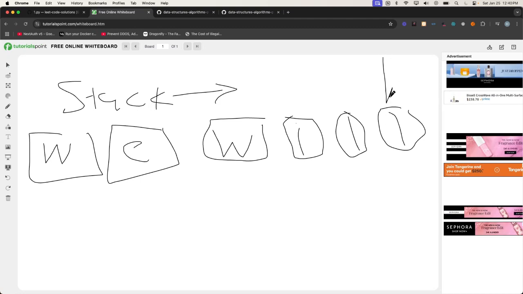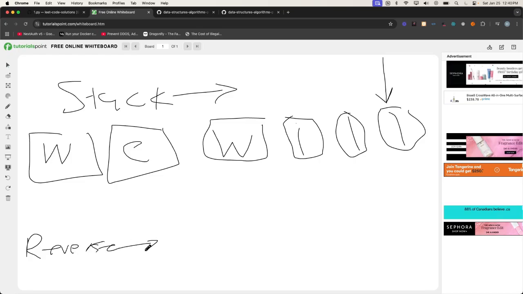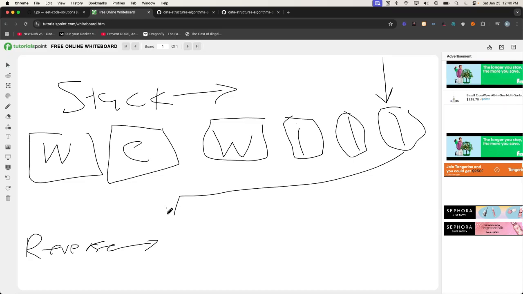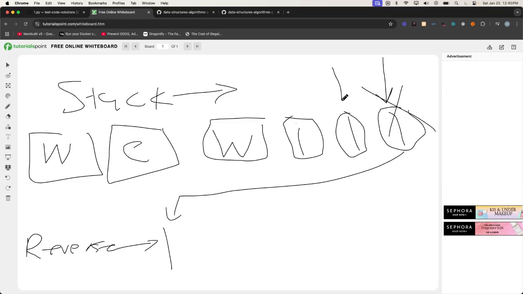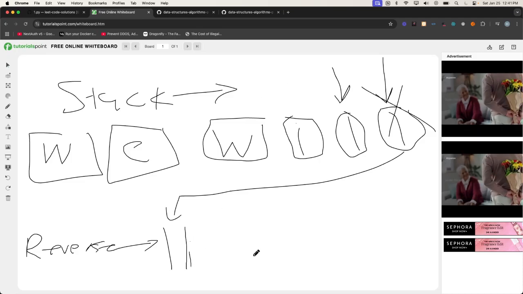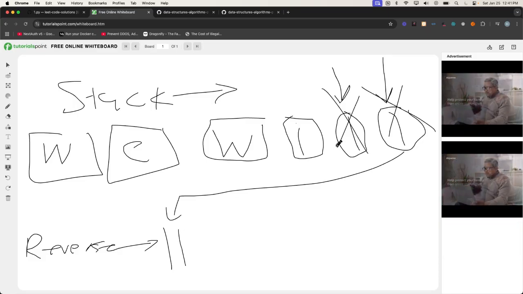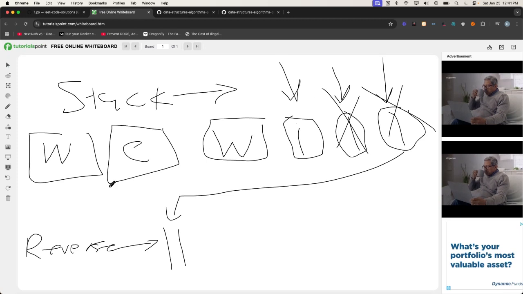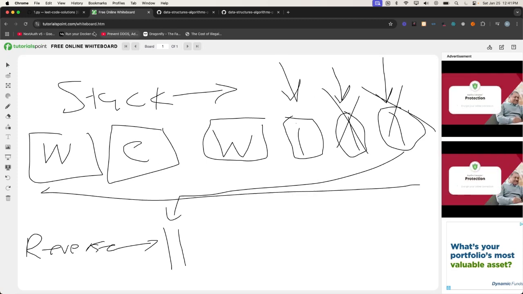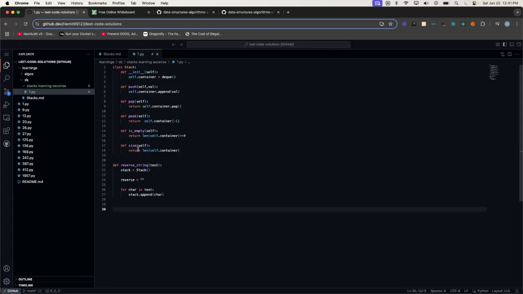So we can get the last character here, and we can add it to our reverse thing. So we can add it here to our reverse, and then we can pop it. So destroy that, and then move on to the next one, right? Or sorry, that's the L, right? And then destroy that, then we move to the next one. So we're iterating, and we're iterating at the size of the stack, which we can see is already a method